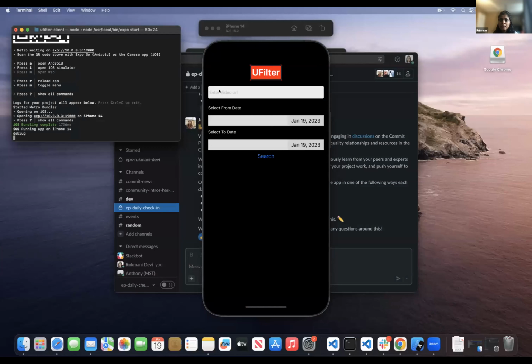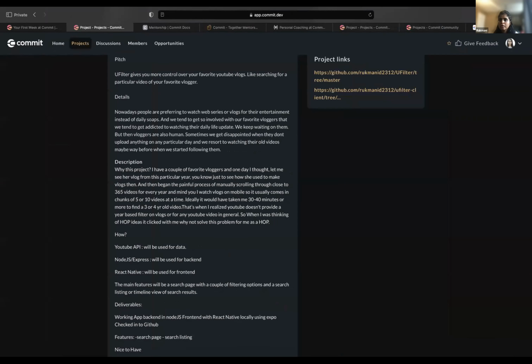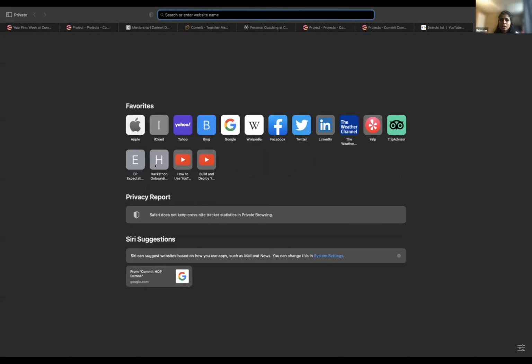Here I have kept the structure very basic. For example, if I have to search for a particular vlogger's videos, we don't know their username or channel ID or channel name. So all I can do is go to that vlogger's channel and copy any of the video URLs. I'll just go to some random YouTube video, and